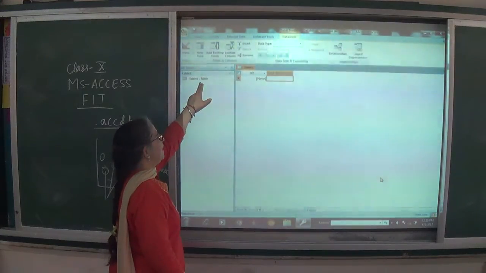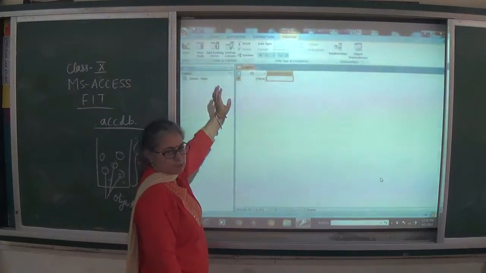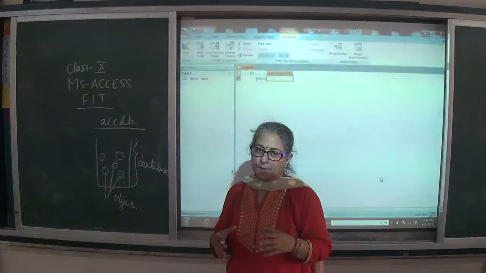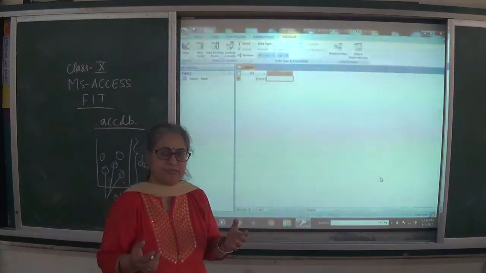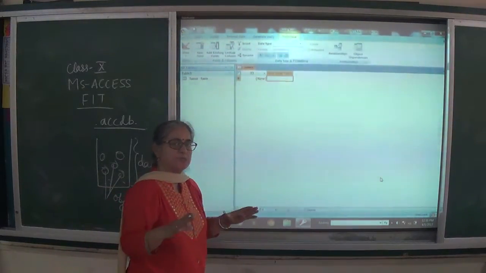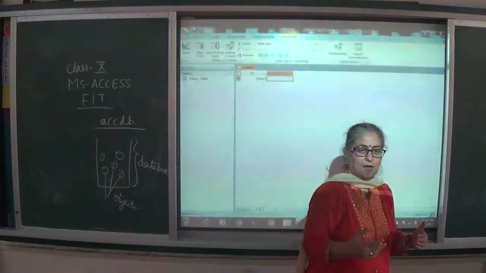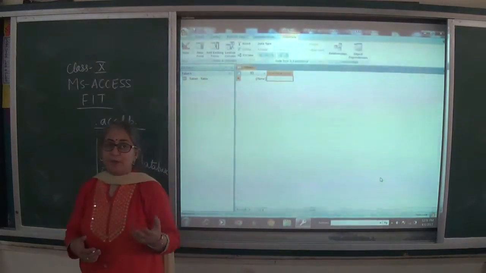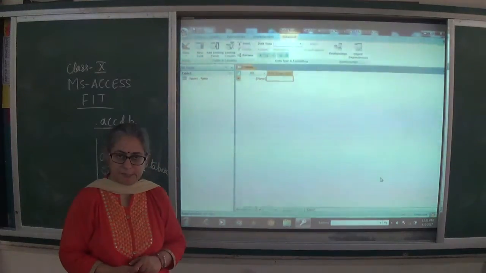Now the very important chocolate which is already present is the table. Table is a place where we store all kinds of data. Just imagine this situation: in a school, the student is the main property of a school. So student data is to be stored somewhere. So where are we going to do it? In case we see it manually, your class teacher stores your data on a nominal roll. So the nominal roll is the database for your class teacher, for her own class.